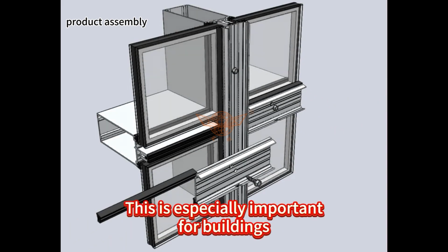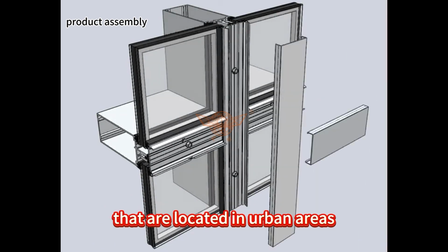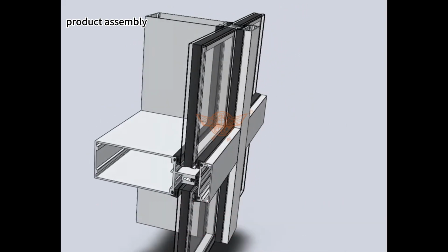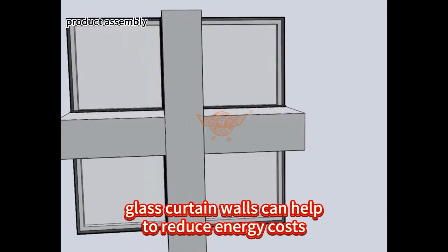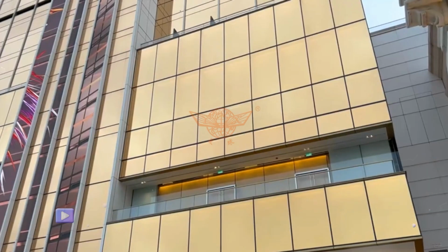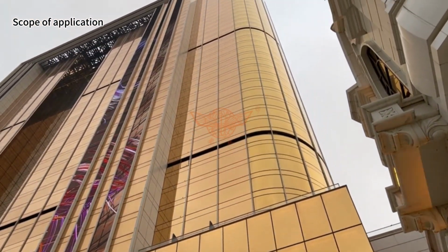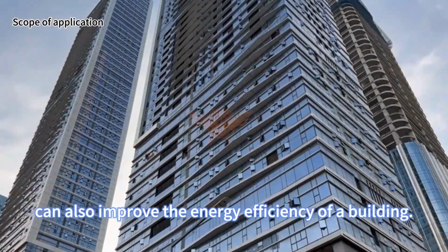This is especially important for buildings that are located in urban areas where space is limited and natural light is scarce. By allowing natural light to enter a building, glass curtainwalls can help to reduce energy costs and improve the overall well-being of occupants. In addition to their aesthetic benefits, glass curtainwalls can also improve the energy efficiency of a